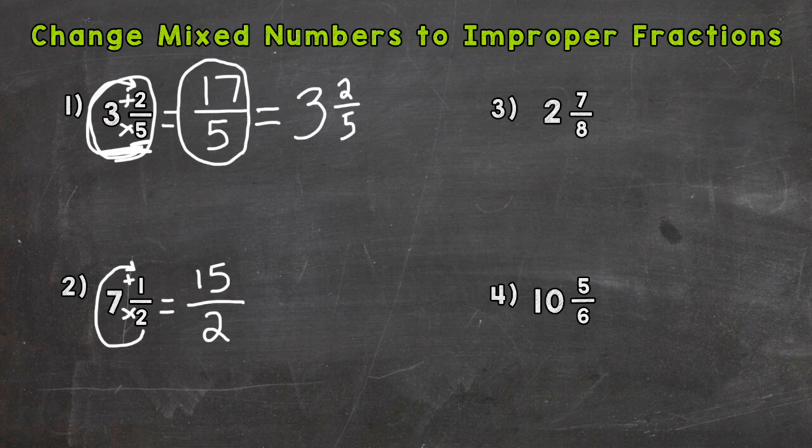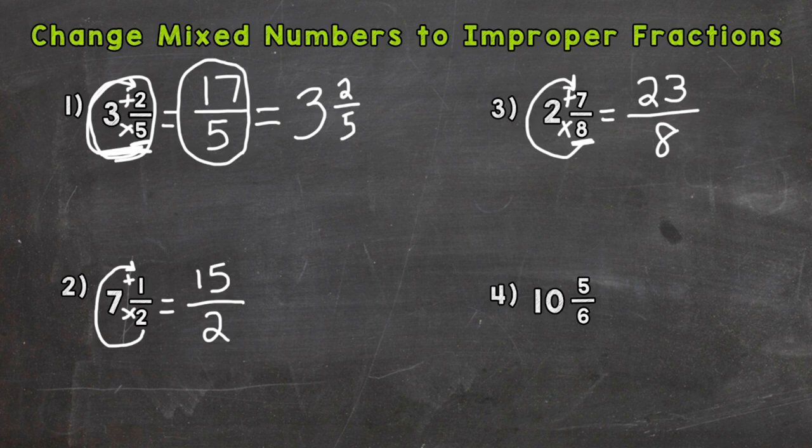So let's hop over to number 3 here. Let's make our C. This always helps me remember that we start at the bottom, multiply, and then add. So again, multiplication, then addition. 8 times 2 is 16, plus that 7 gives us 23. And again, we keep our denominator the same, which is 8. So our answer would be